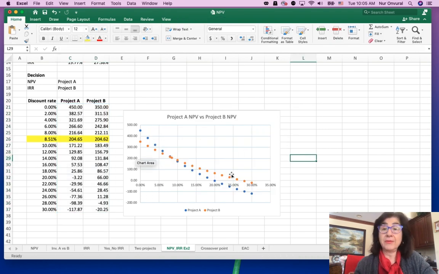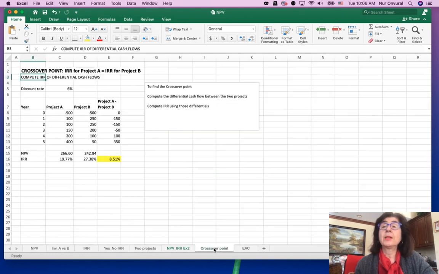So I highly suggest that you practice these charts so you can get better with them. And then you can see how one project is performing better than the other for certain discount rates versus the other discount rates, and you can make that conclusion. Now, there's an easier way to compute that 8.5%. To do that, what we do is we